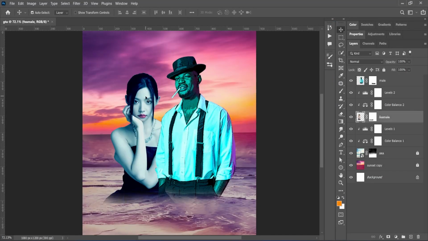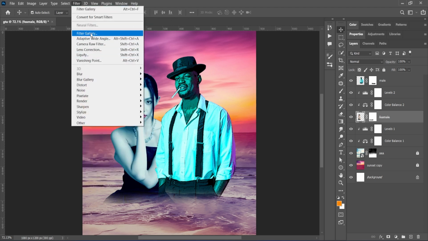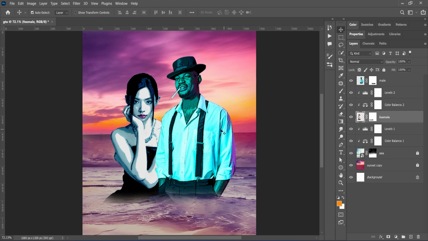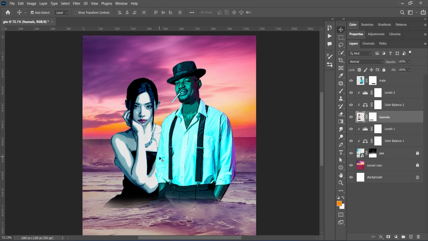I'll select my female model. I'll do the same to her. Go to filter gallery. And I'll click OK. Yeah. So now I'm going to create a sun behind my two models. So I'll come below my female model and I'll select